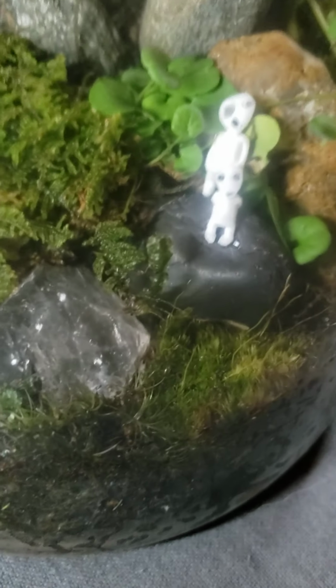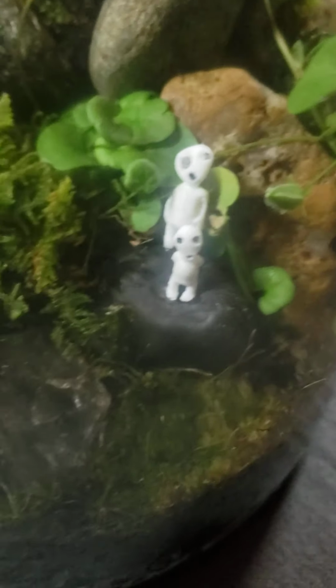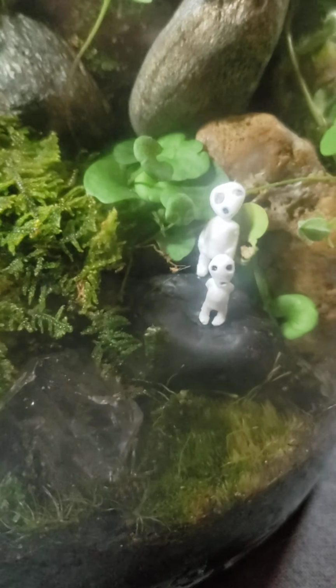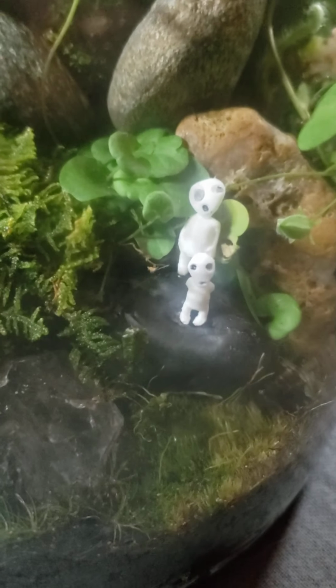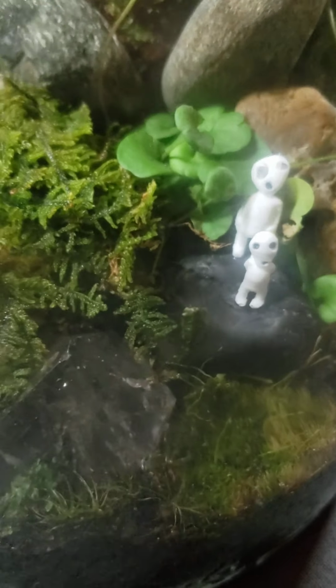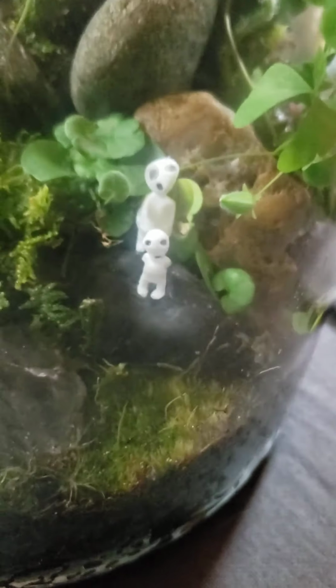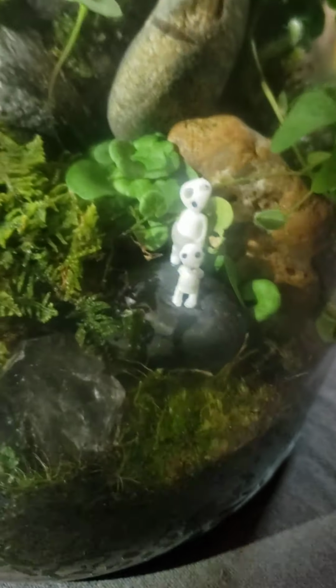And then nestled in on either side of them is this like low, let's see if I can get the flashlight. Maybe the flashlight will give us more reliable light. Meanwhile, you can look at the kodama. I'm trying to get this other light to stay standing. There we go. All right. So here